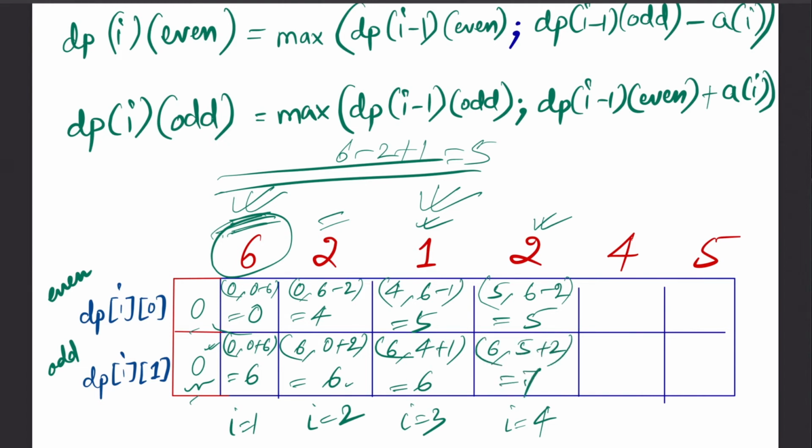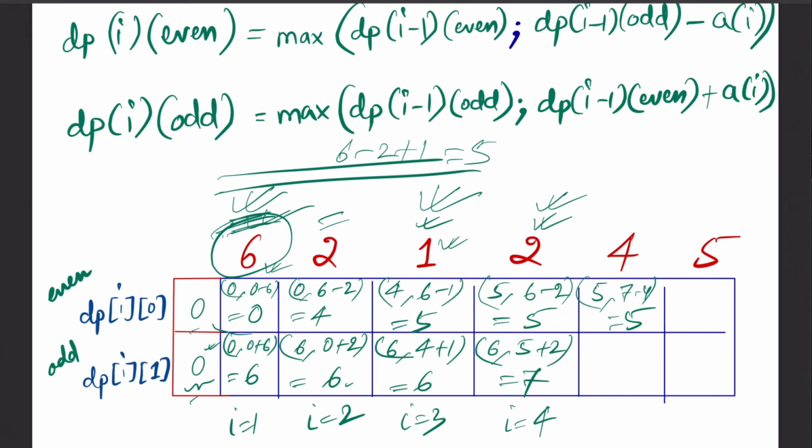So now you see 7 is the best that I can make. So that means currently this odd length is the best, which is 5 plus 2, 7. Basically I can take 6, I can take this 1, and I can take this 2. 6 minus 1 plus 2 gives me 7, and that's the best I can do till now. Let's move ahead. I take this previous best 5 either, or I simply take 7 minus 4. What is best here? Still 5 is the best here.